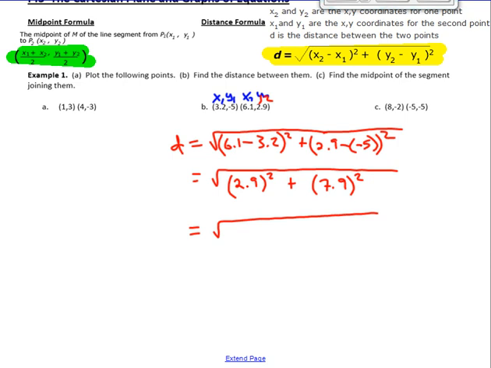When I add those two things together, I do the multiplying first. 2.9 squared, I will pull out a calculator for, but I know that it's going to be close to 9, because 3 squared is 9. So 2.9 times 2.9 is 8.41. And 7.9 times 7.9 should be close to 64, and it is 62.41. So I'm going to add those two things together, and we get 70.82. The square root of 70.82